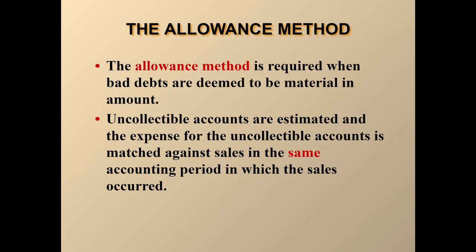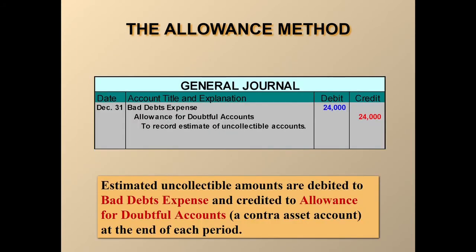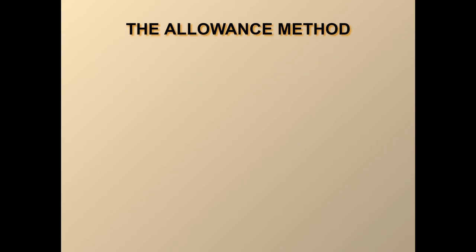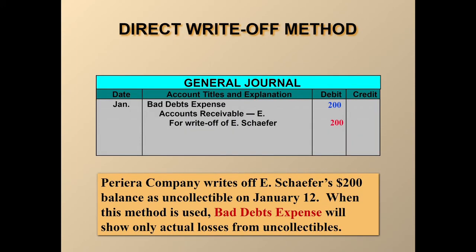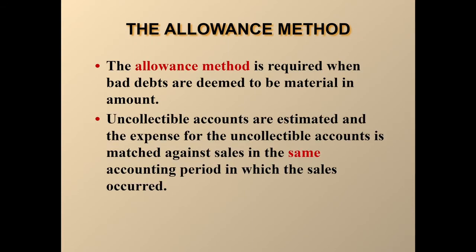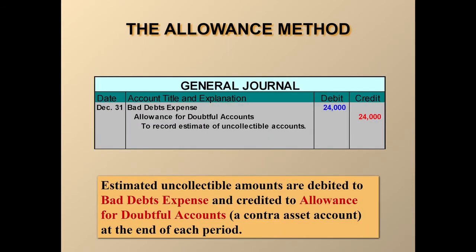And this is matched up with sales. So they take a percentage of the sales and they say, for whatever reason, we're not going to get all the money from the sales that we record, so we're going to start by having bad debts expense against allowance for doubtful accounts. So those are the two different methods that you can use. You can see they're both expensed to an expense account called bad debts. The other one, if you remember, is directly off of the books of the accounts receivable of whoever's not paying the bill. This one, the credit goes to